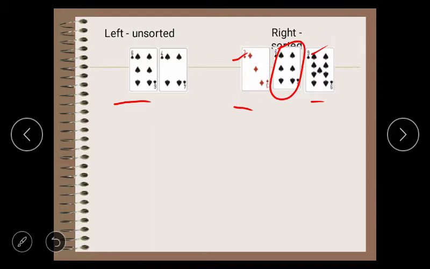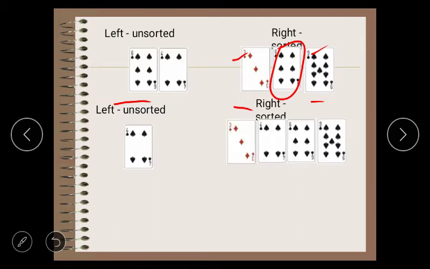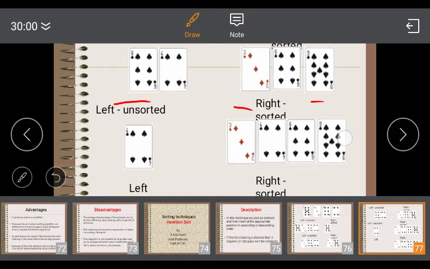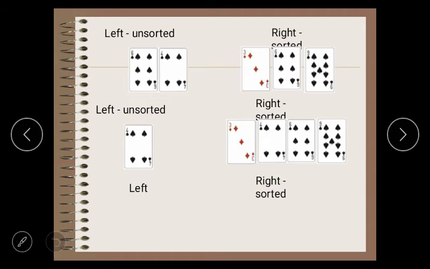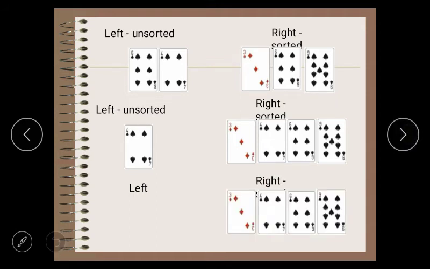Now the last card, that is 4, has to be inserted between 3 and 6 in the right hand. Finally, we have the sorted array in the right hand. So these are the sorted cards.